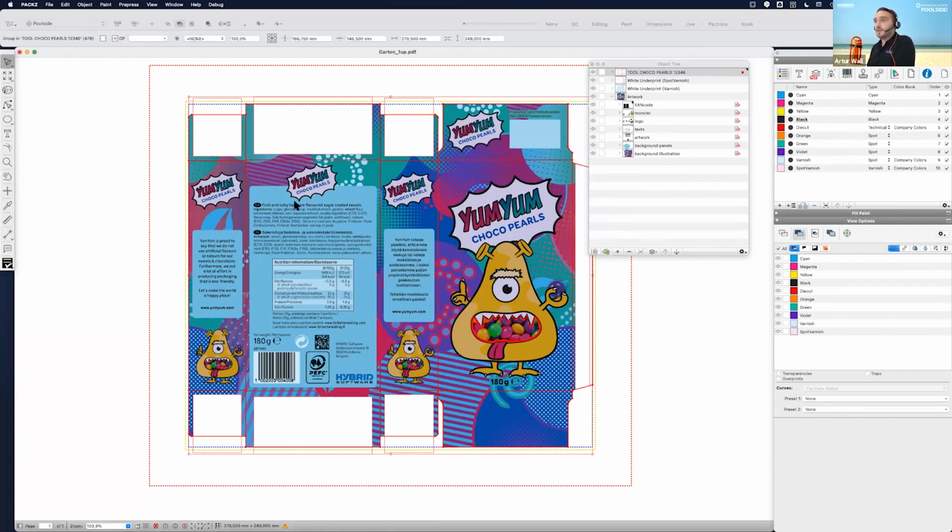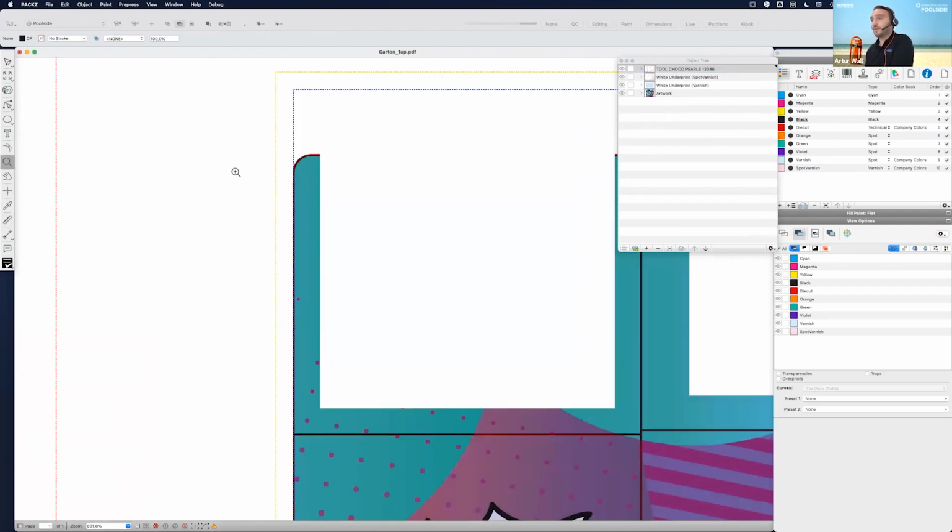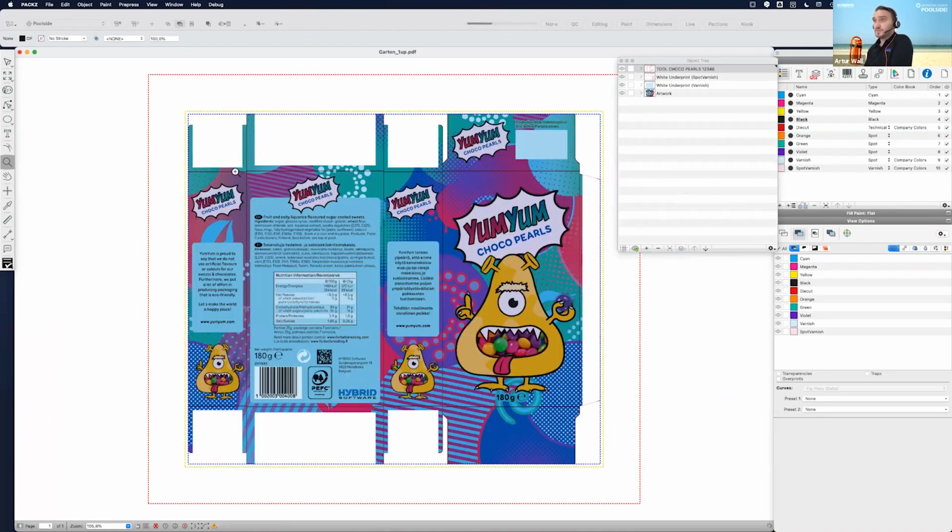I mean, we've done a prepress check and we have converted our colors. But let's say if we have a proper look at this here, then we have no bleed added here, or the customer didn't add any bleed to our file. So we have some options to maybe create the bleed, but this is maybe complex and time consuming for the operators. And in worst case, we have to ask the customer or the agency to provide us a new file. But within PACKZ, we can